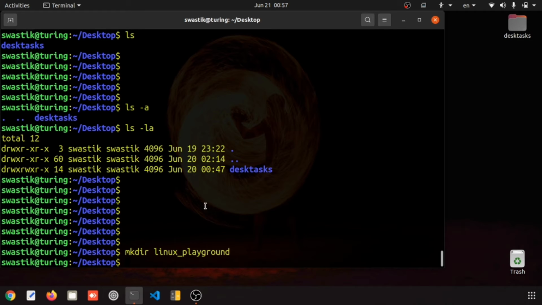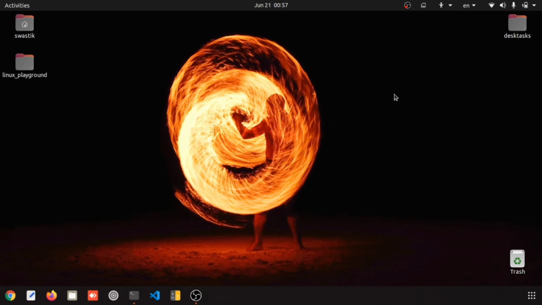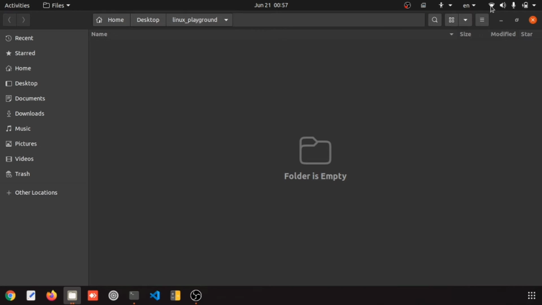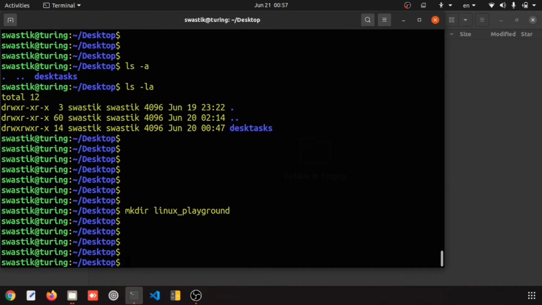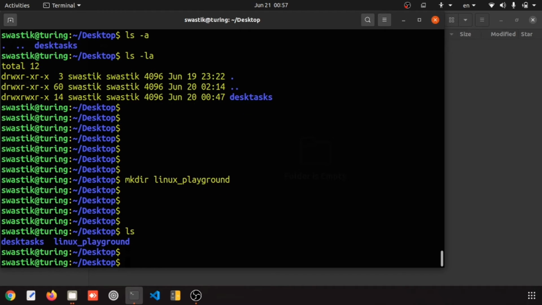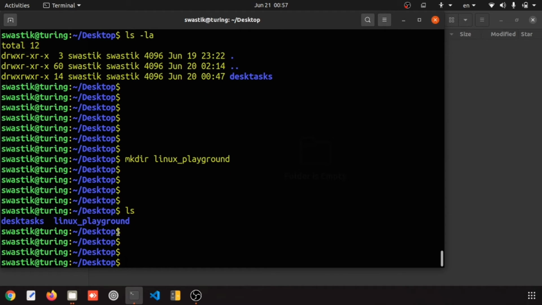If I press enter, you can see that something happened. What happened? This Linux Playground is created. If you go inside it, double click, you will find nothing, right? So how do we see that? If you list, it will show that your Linux Playground is there.